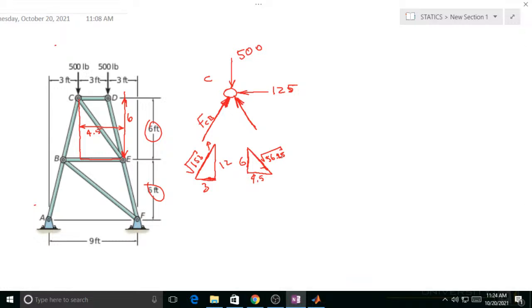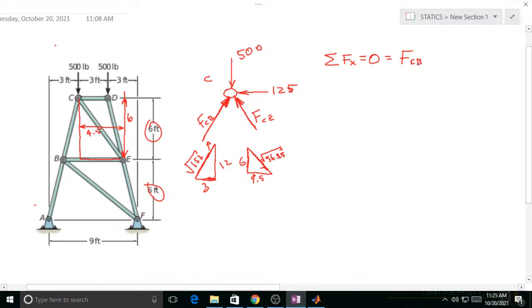Unfortunately, neither this force nor this one, C, E, neither one goes directly along the X or Y axis. So I've got a situation where I'm going to have two equations and two unknowns. So I'm just going to go ahead and create those. Sum of the forces in the X at node C gives me F